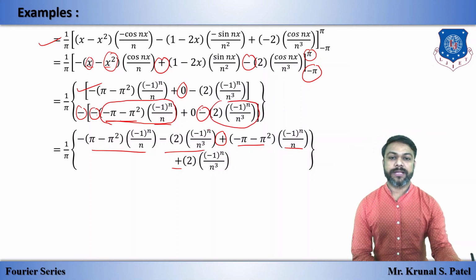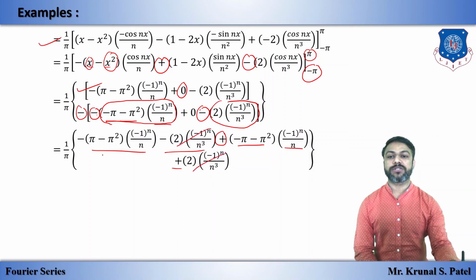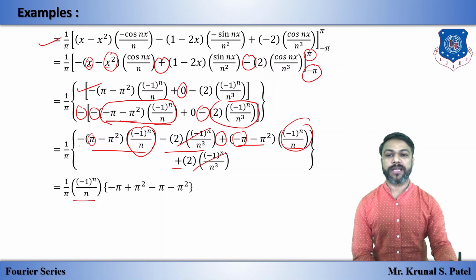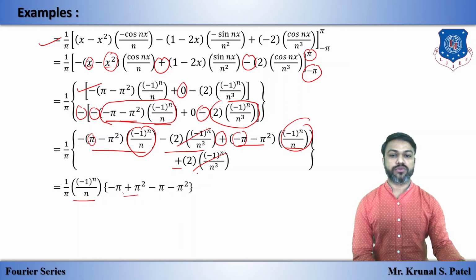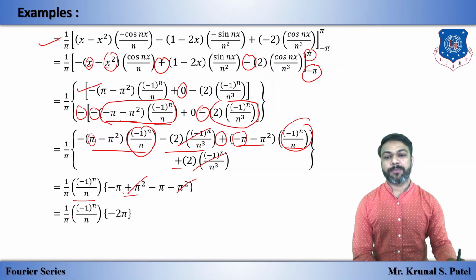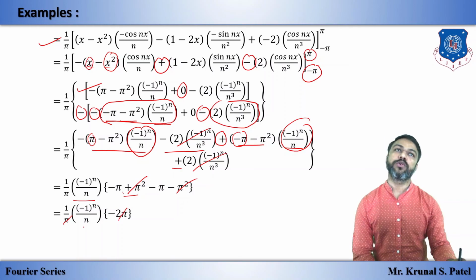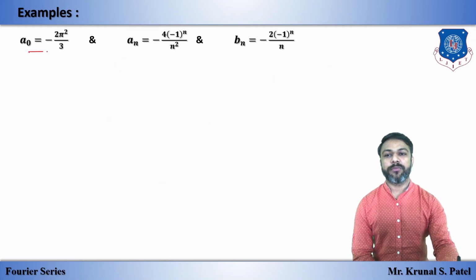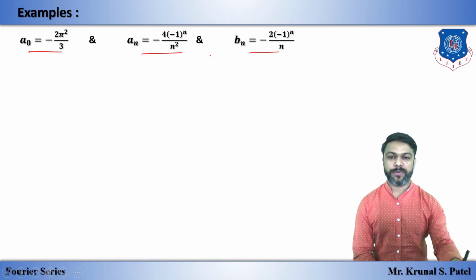So you can see here, this minus and this plus cancel out, but these two terms cannot be cancelled out because here is minus pi and this is pi, so not the same. We just have to take minus 1 raised to n by n common. So this is outside, and we have minus of these two, so minus, and this is plus, and plus with these two, so these both are minus. Pi square minus pi square cancels out, minus 2 pi, pi cancels out and we have minus 2 into this. So we have Bn.